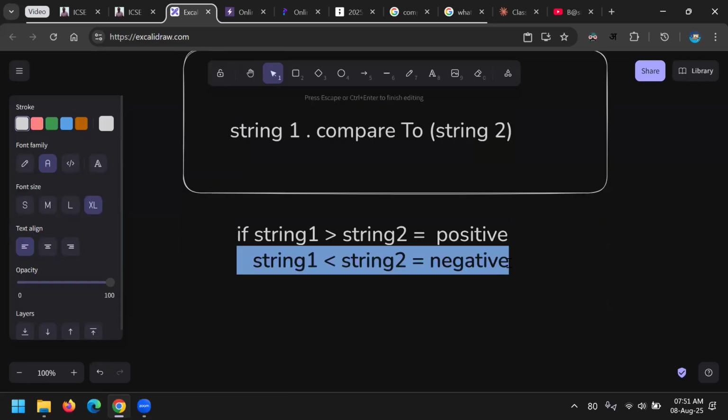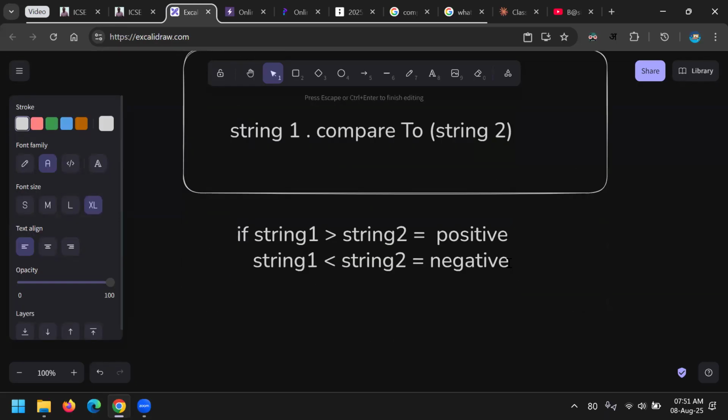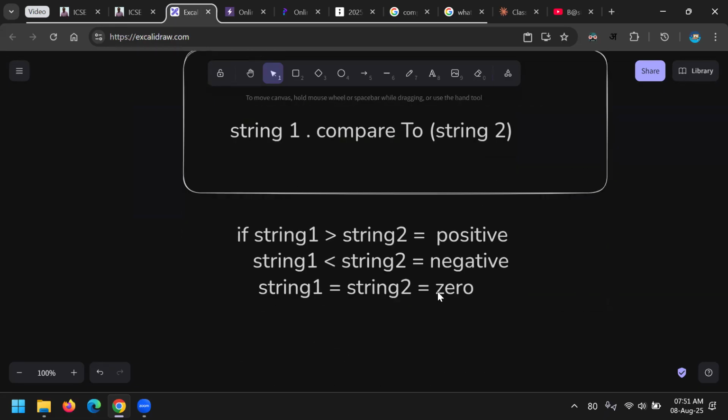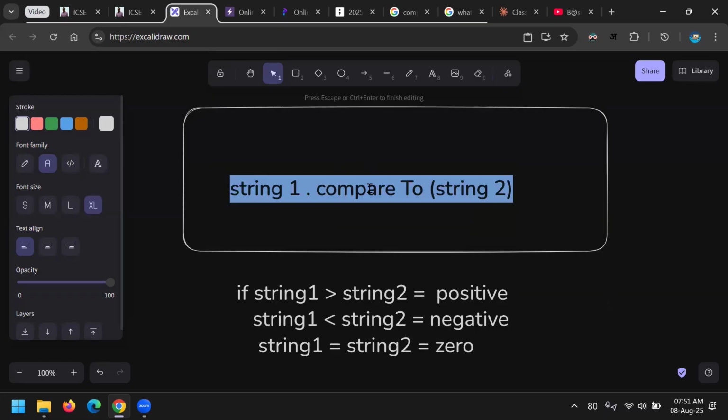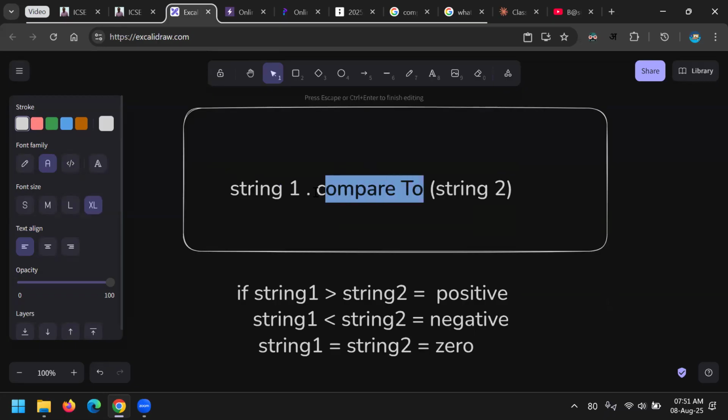And if string one is equal to string two, then the answer is 0. Okay. So one thing is that the compareTo function will compare